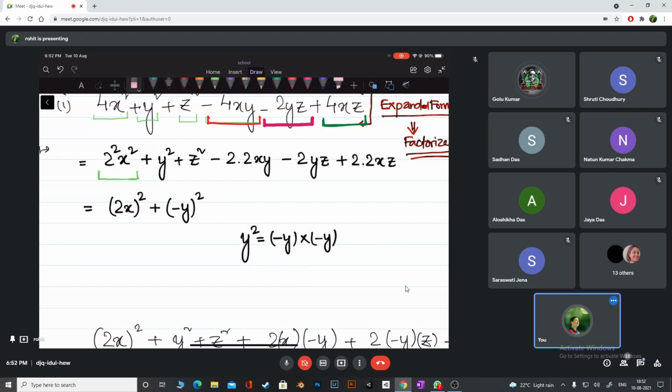Okay, now comes the main part. See, this one I've written like this. But give me one more second. Let me just write plus. What is this, guys? This is z square, no? So I will write z square. Is it okay? Yes, sir. Okay. Guys, I'm asking you again. Are you clear that we can write a minus sign but with a square like that? It is still plus only.